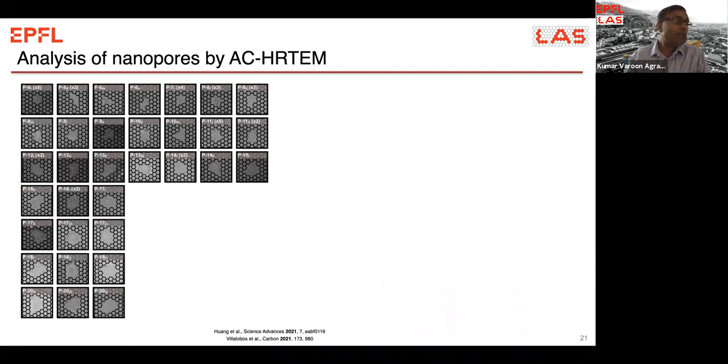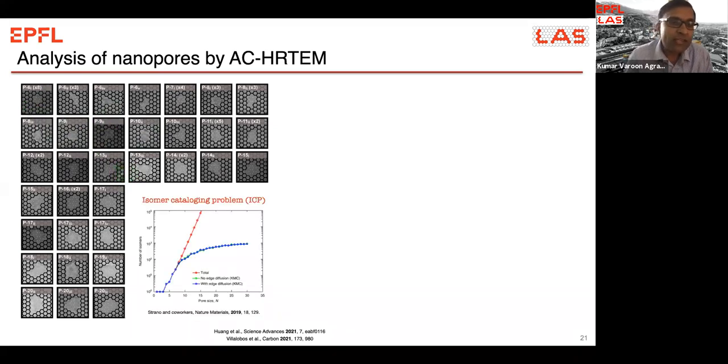At this time we also started to look at what happens to the structure of graphene in HRTEM. I have to say that visualization of nanopores in HRTEM is quite challenging, because typically these nanopores are covered by contaminants from the TEM sample preparation process. So we had to heat it to 900 degrees C to be able to see these pores. As a result, we only see bare edges. We don't see oxygen functional groups in these images.